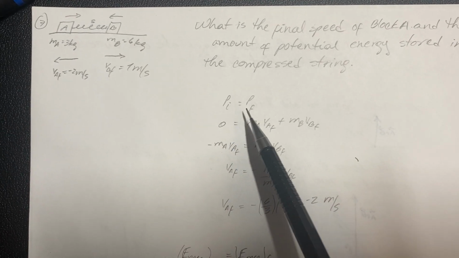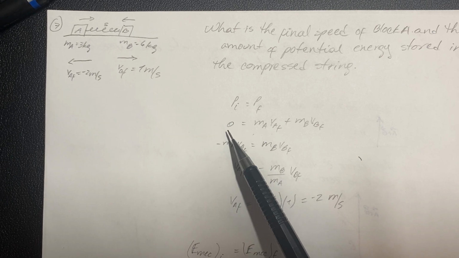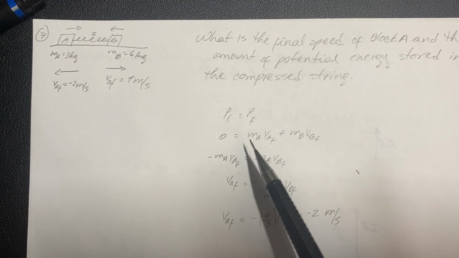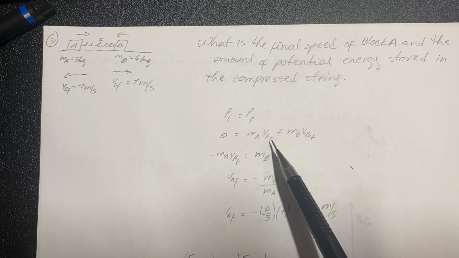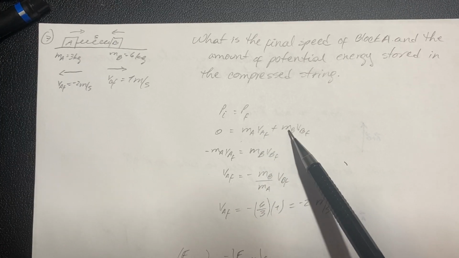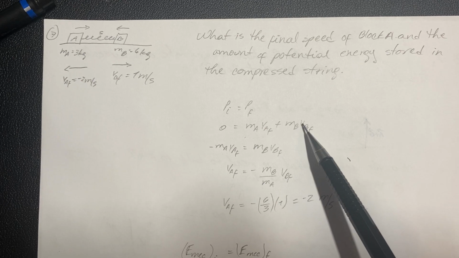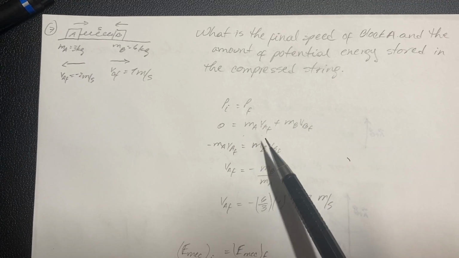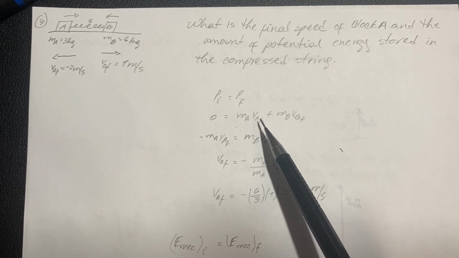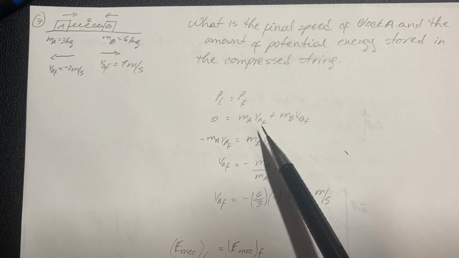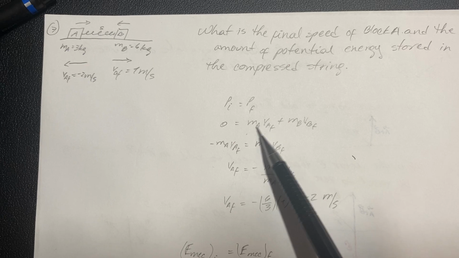We're going to use this equality. The initial momentum is going to be 0, and the final momentum is the mass of block A times the final velocity plus the mass of block B times its final velocity. Here we don't have the final velocity of block A. That's the thing that we're trying to find the value of. So we pass